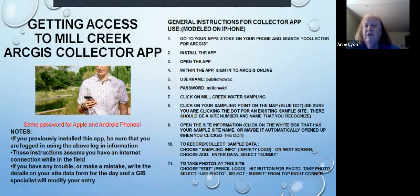You're going to have to sign into the Collector app. You're going to have to go on your phone to the App Store. The Collector app is free. And you're going to look for the Collector app for ArcGIS. And then you're going to install that app. And once you open that app, and I've got a couple of screens, within the app, you sign in to ArcGIS Online. To sign into our actual Collector app application, you're going to put in public